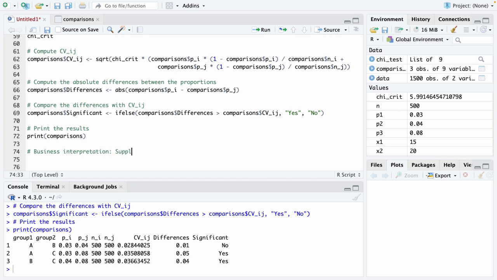So supplier A and B are both, which we can basically see, right? The difference. It's so small for A and B, but it's so large for B and C, right? So there's that statistically significant difference between all of them. Now we can then proceed to say,